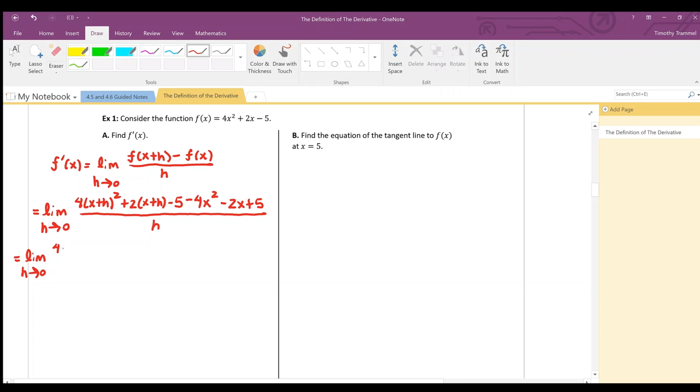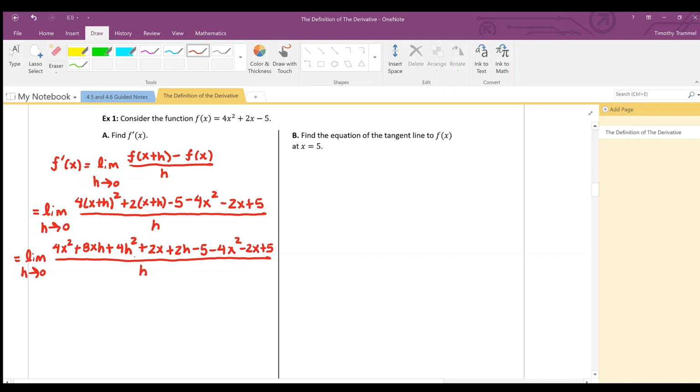So we're going to end up with a 4x squared, then a plus 8xh plus 4h squared, which is doing the x plus h times x plus h and times 4. And then we'll have plus 2x plus 2h minus 5 minus 4x squared minus 2x plus 5, and then all over